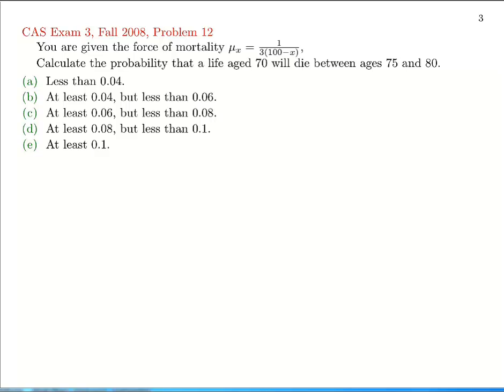Alright, we'll just do a couple problems from some old exams. So here, sort of the same kind of formula for mu sub x. We have mu sub x is equal to, let's write it as 1/3 over 100 minus x. So again, you can recognize that as the form of the force of mortality for a generalized DeMoivre with alpha equal to 1/3 and omega equal to 100. And we want the